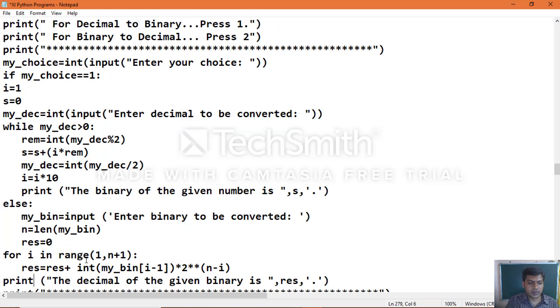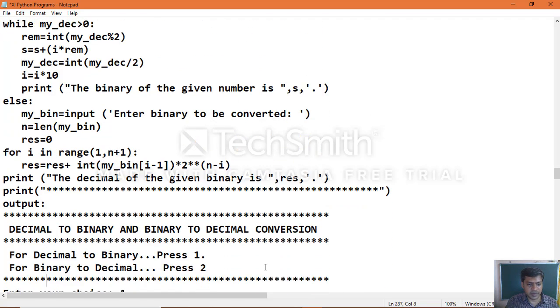Now n equals length of my bin, result equals 0, for i in range 1 to n plus 1, result equals result plus int of my bin[i minus 1] into 2 to the power of n minus i. This is how a binary number is converted to a decimal number, and the earlier one is decimal to binary.